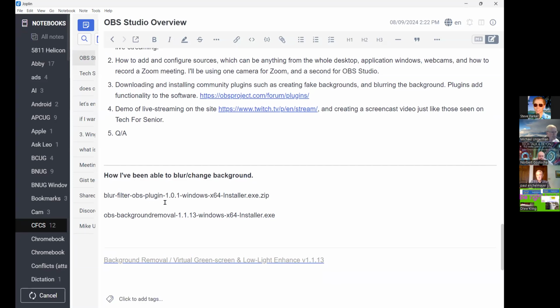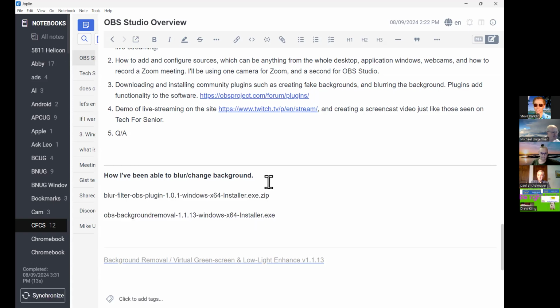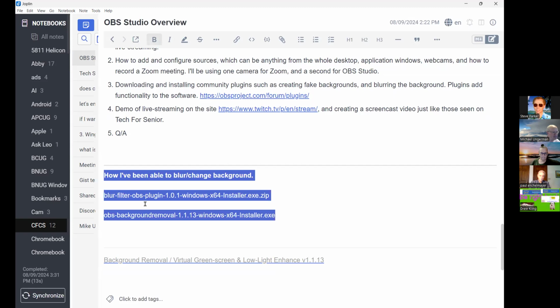These are the names of the plugins. Put it on Discord. Yeah, we'll put it there on Discord too. These are the blur filters that I use. The blur filter plugin and the OBS background removal. You can get these off of the Discord server. And